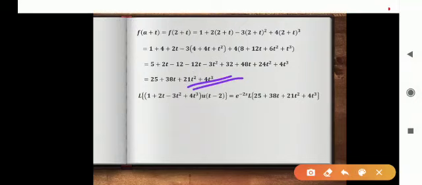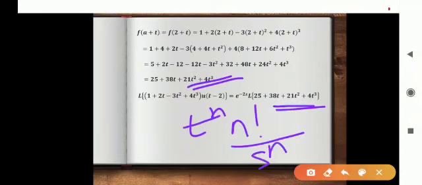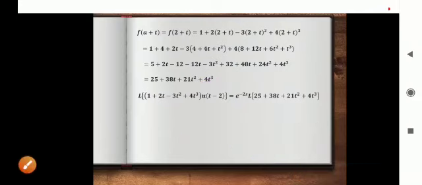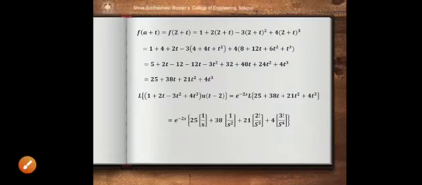Now see here, these three terms are in the form of t raised to n, and n is an integer, so the index is an integer, so you have to use the Laplace transform of t raised to n as n factorial upon s raised to n plus 1 result. So applying this result we get the next step.